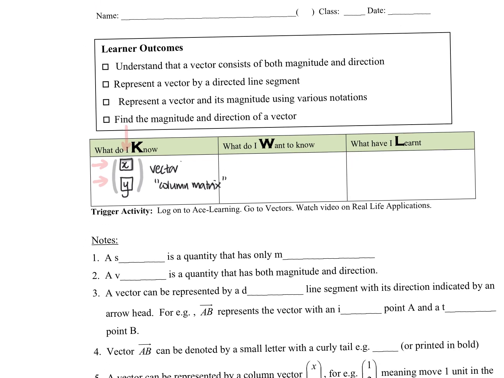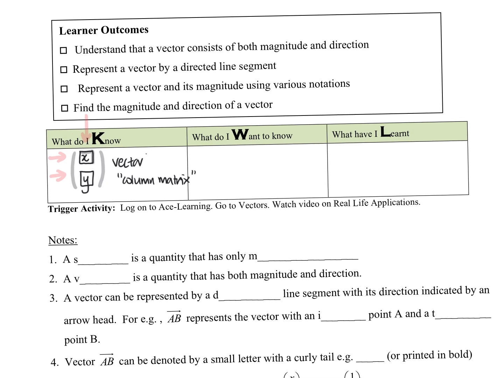Okay, so first things first, you learn in physics that a scalar quantity is a quantity that has only what? Magnitude. Okay, but a vector quantity,